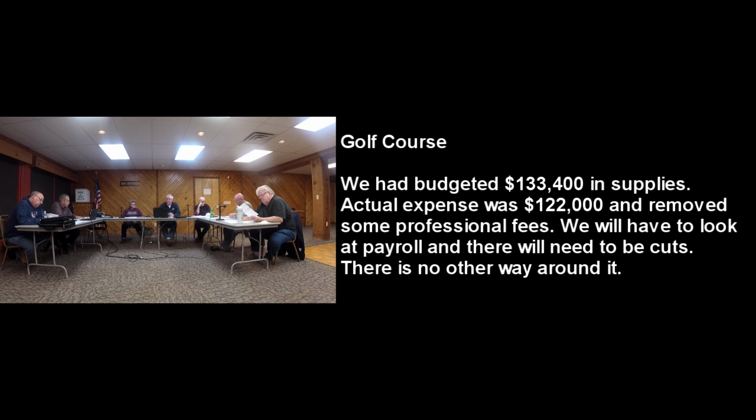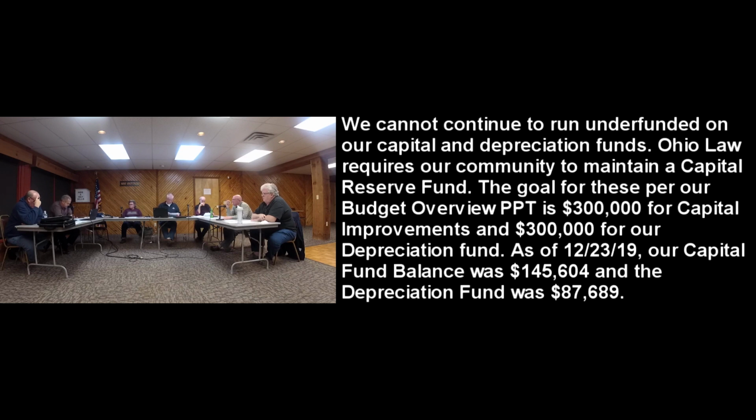look at payroll. One of the things that needs to be pointed out before we go into executive session, while we're live on there, is that there's going to be some pain felt. There's going to be some stuff cut back on. There just isn't any other way around it. No, $25,000 in assessment increase isn't going to get us where we need to be. We can't keep running underfunded on our